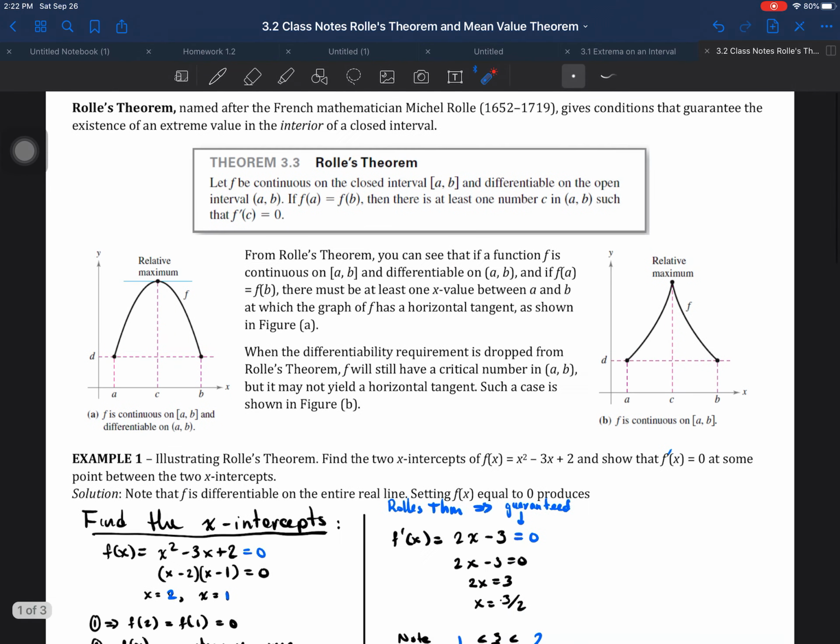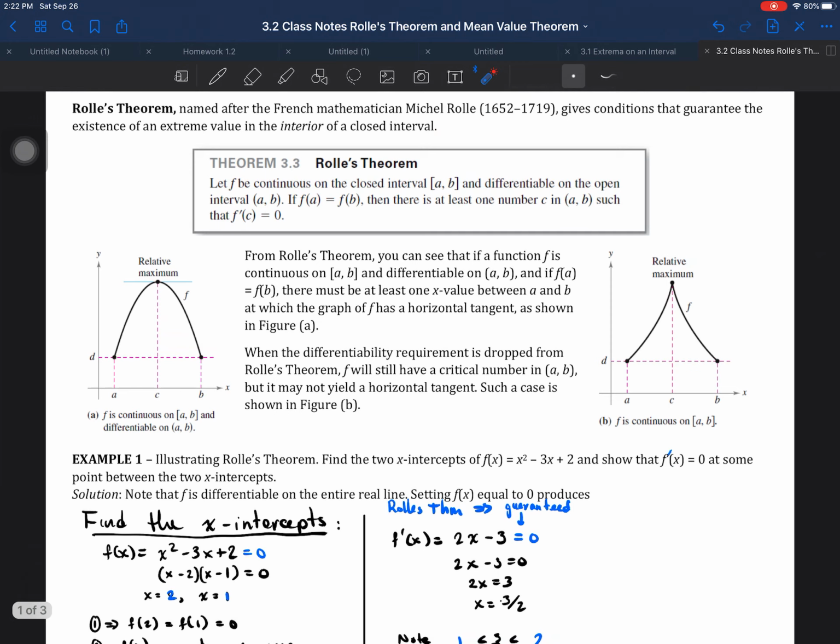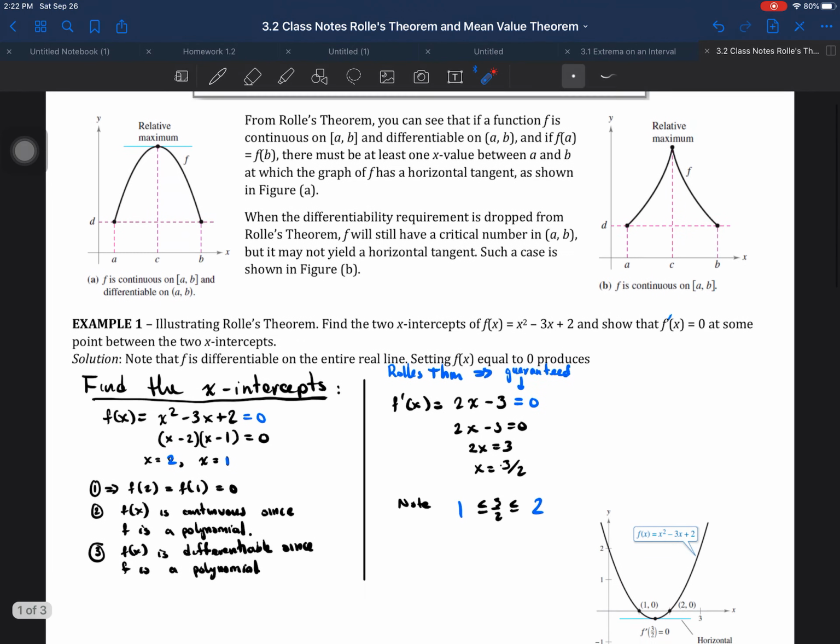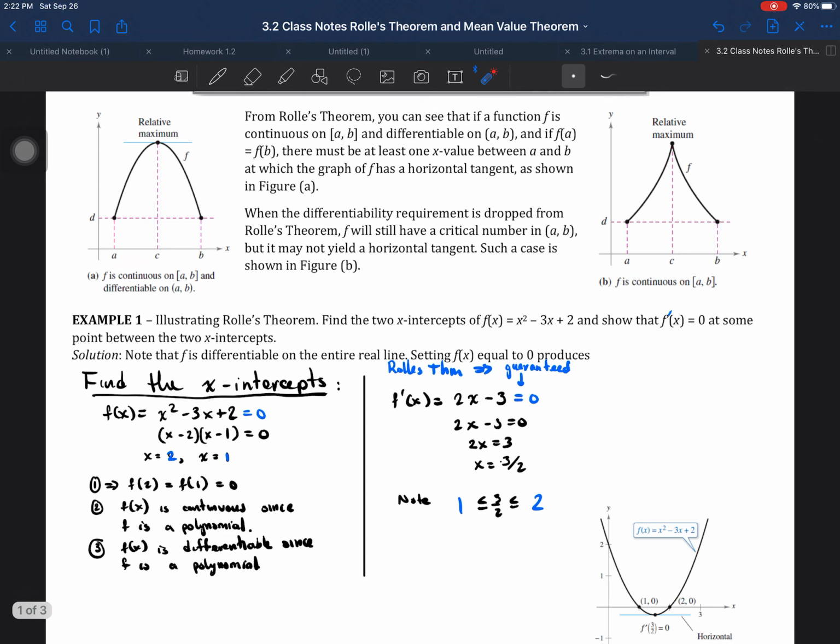Now, if you notice, I said "or," because we don't know, right? You can have maybe one of each or none of each, so it depends on the function. All right, so let's do an example